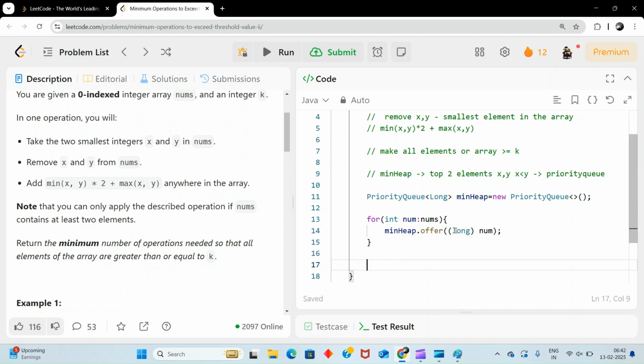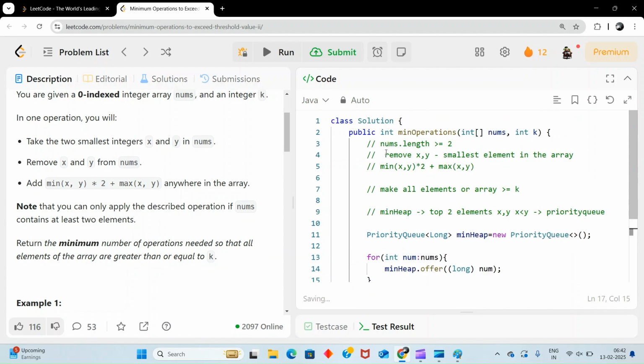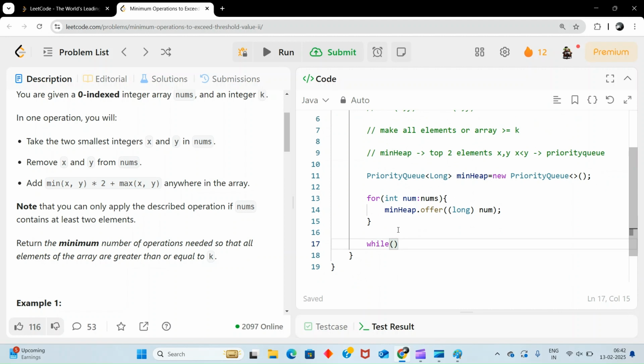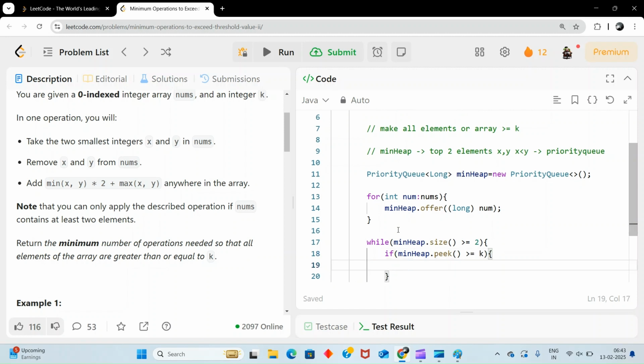Now our first condition is that the size should be greater than 0. So min heap dot size should be greater than or equal to 2. Then only we will do the following. If my min heap dot peek is greater than or equal to k, that means we got our answer.